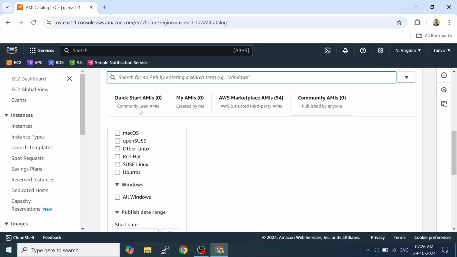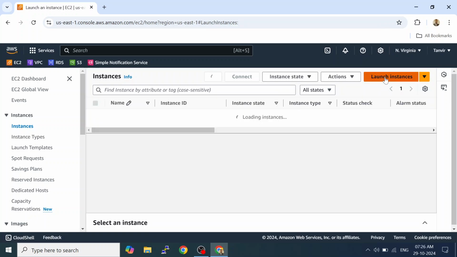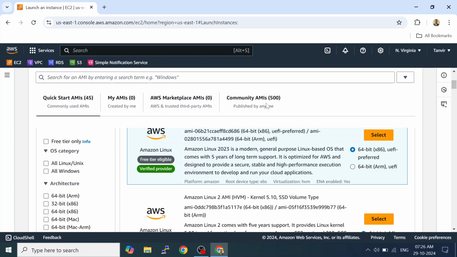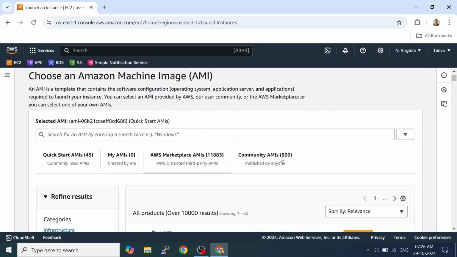Maybe I'm searching in the wrong way. Let me check here. There is the catalog, browse for more AMI, and here AWS Marketplace. I was searching in Community. So here I am going to